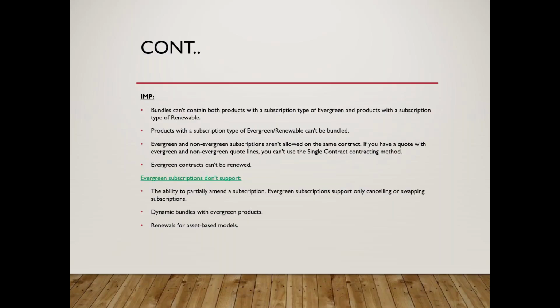So it will create two contracts on the order. One is for the renewable product, because that contract will be renewable for next year, and one is for evergreen, which cannot be renewed, but you can do any invoices there. Evergreen and non-evergreen subscriptions are not allowed on the same contract. You will have separate contracts, and evergreen contracts cannot be renewed. That's the point I am telling from